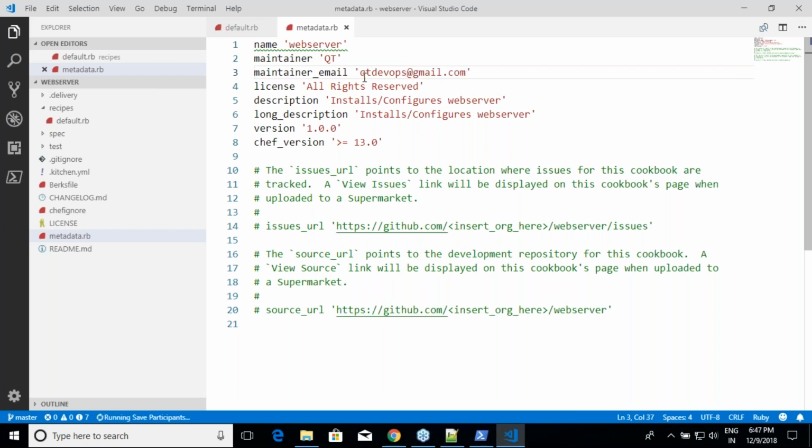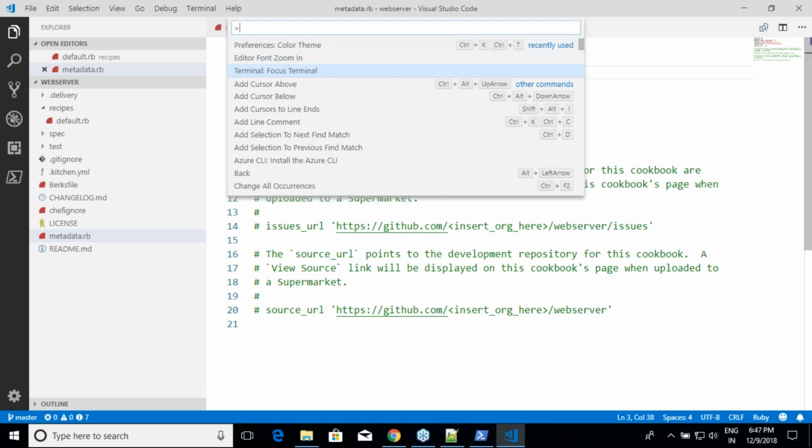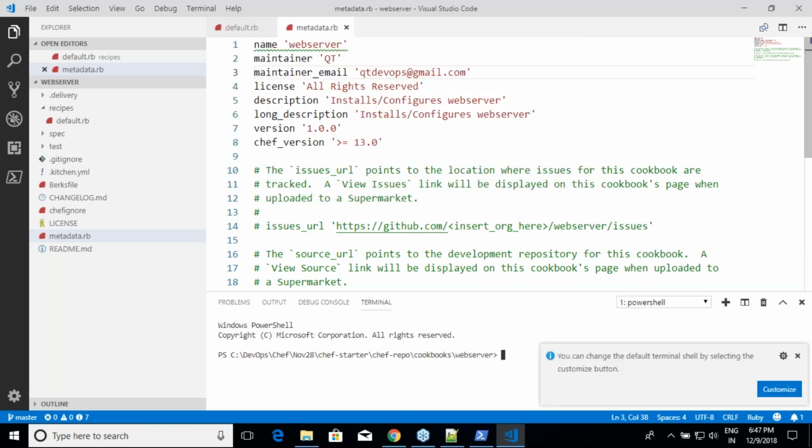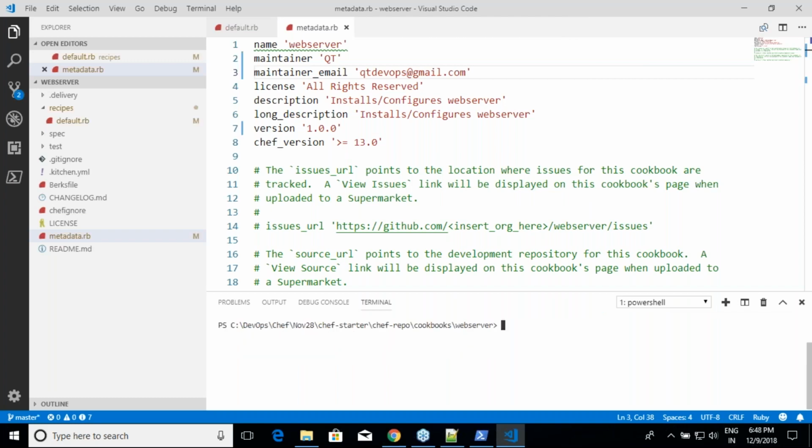Since my other terminal is occupied, let me open the terminal over here and then execute this cookbook from here itself. This is a PowerShell terminal. So what I'll be doing is just saying berks upload. So I'm uploading my first cookbook version, which is web server.